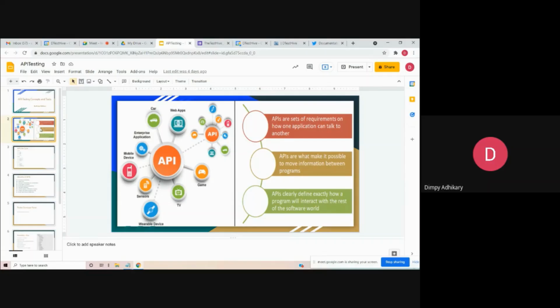So let's get started with day one. What is an API? We are actually using APIs in our day-to-day life. I'll give you one very basic example. Suppose one good morning,